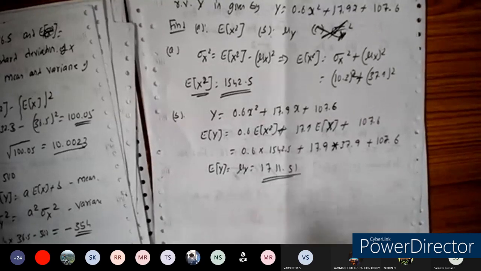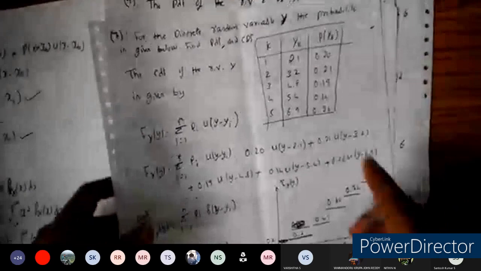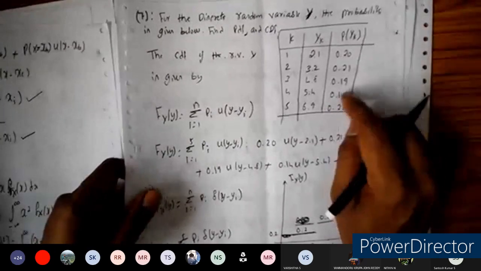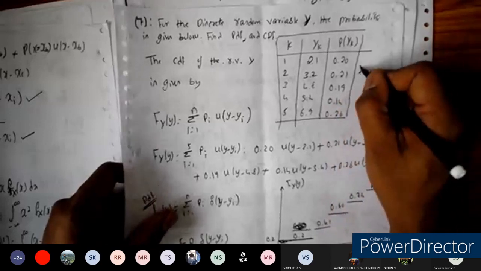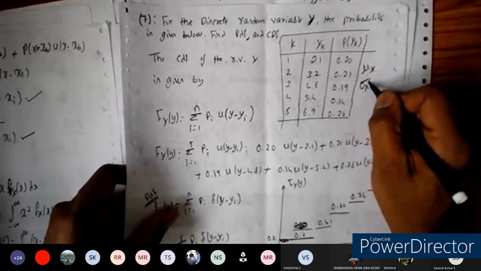So these are the problems on the continuous random variable. In the beginning I did one problem here. Yes, this problem I did here. Then we have taken this problem now, problem number 7. For problem number 7, let us find the mean here. So take this as homework. Let us find the mean and let us find the variance here.